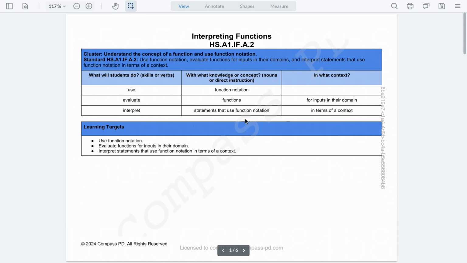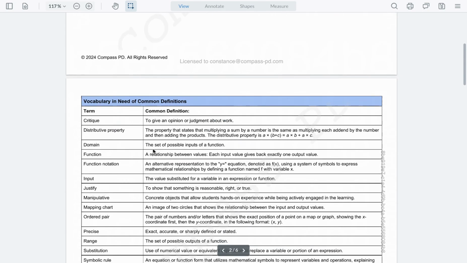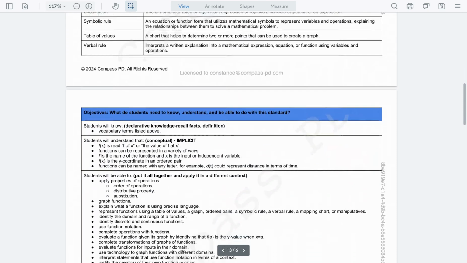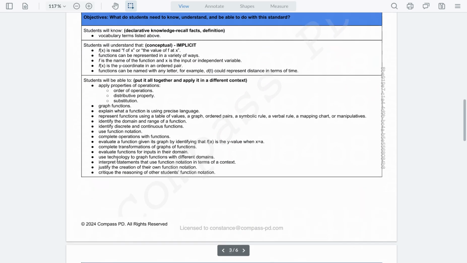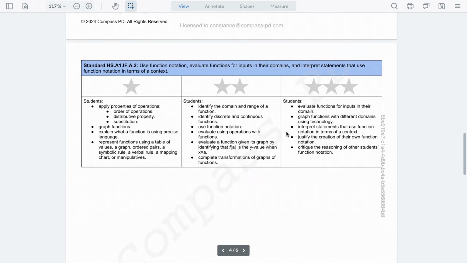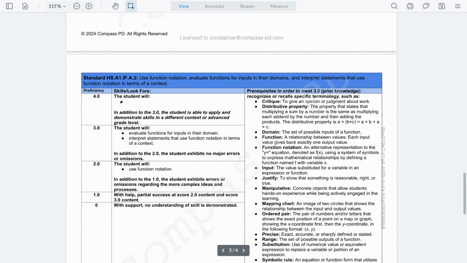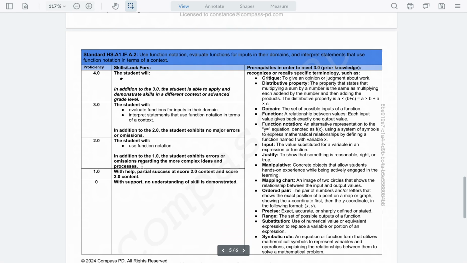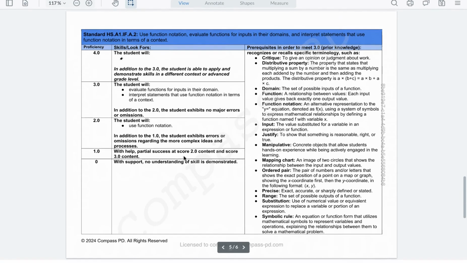So we've done our lesson planning, we've identified our learning targets, we've figured out how we're going to address our vocabulary with our students. We've talked about what pieces to include in our lesson plan. We've also talked about how to use the progressions to help students set goals and to give feedback to our students. And now we want to determine, do our students understand it? Have they reached mastery? And so that's where this last piece, our proficiency scale, comes into play. This is going to help us determine,